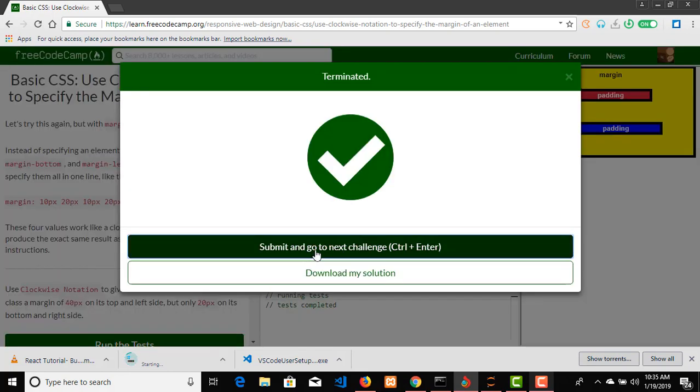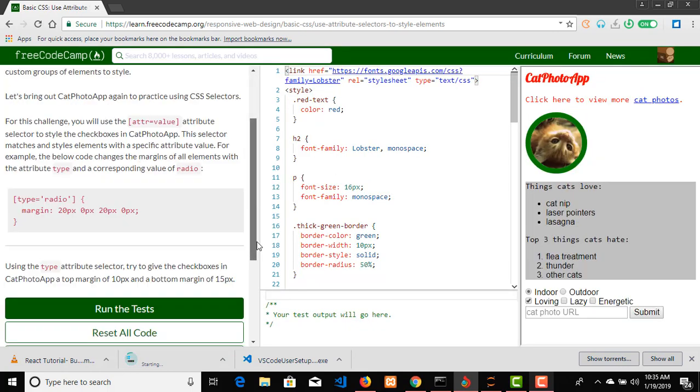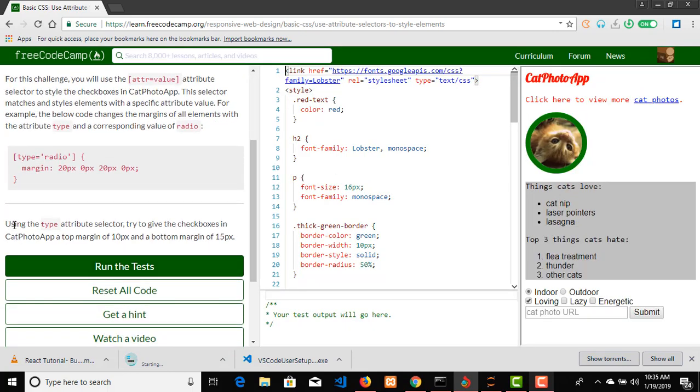Alright, and terminated. So using the type attribute selector, try to give the checkboxes in the card photo app a top margin of 10 pixels. Okay, so this is the type attribute selector. You put this in this kind of bracket and type radio, and then you give it the attribute you need. Okay, so let's just copy this type attribute selector